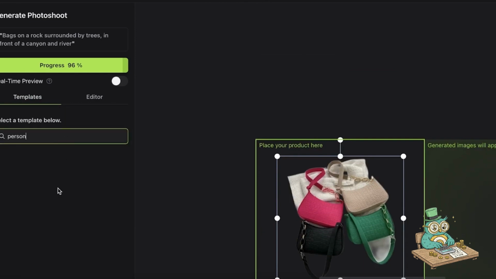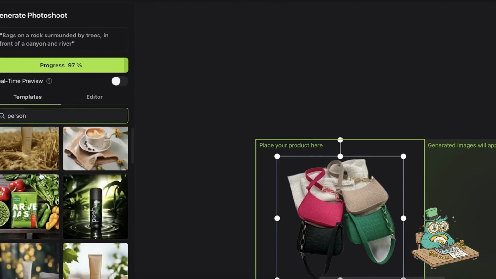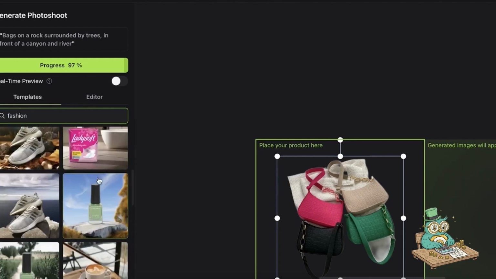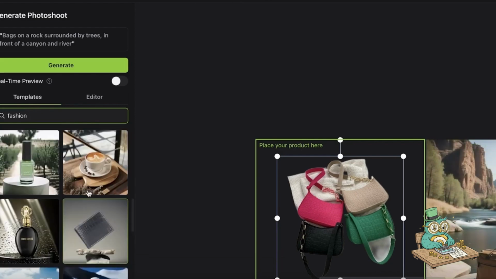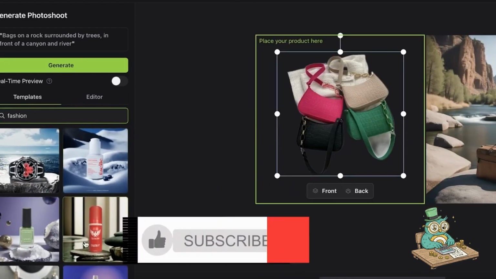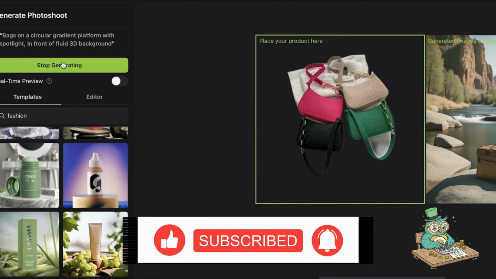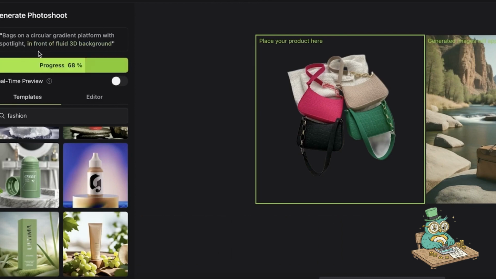I'm going to search in the templates, and it has a bunch of different templates, but I think I'm going to search for fashion now to find a more appropriate template for our particular type of product. So I think I am going to go for something that's a bit chic like this. So after that, I'm going to click on generate,